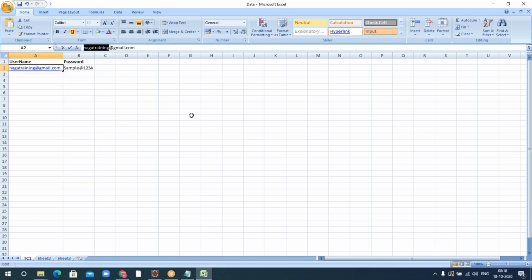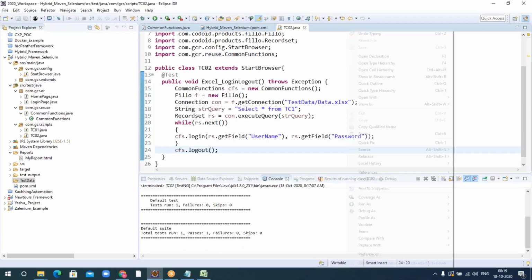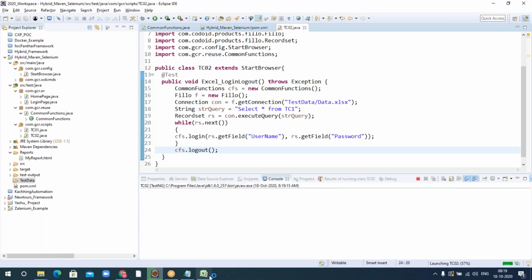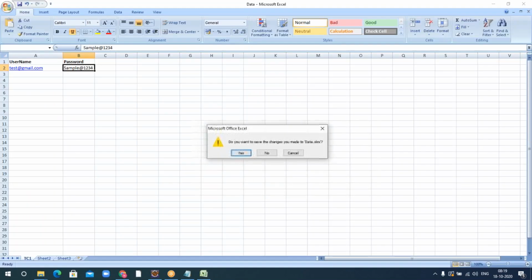Okay, test at gmail.com, so that you'll know that in the report also it will come as test at gmail.com. So let me run this one again. I think it's better to close this Excel sheet whenever you are done, so that you do not have any confusion.